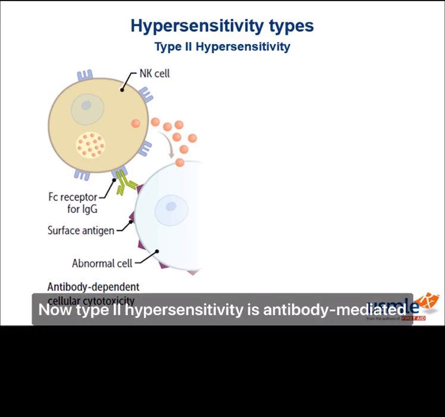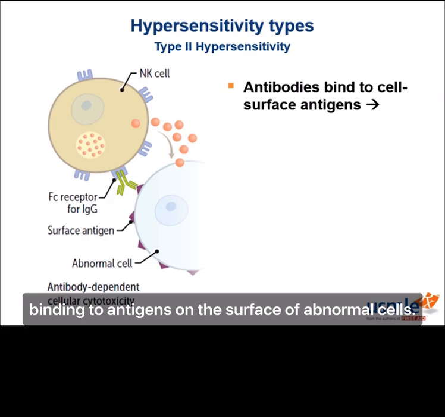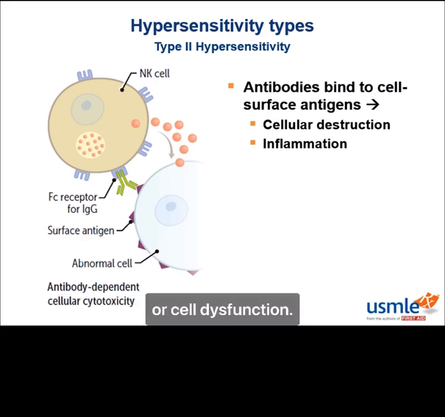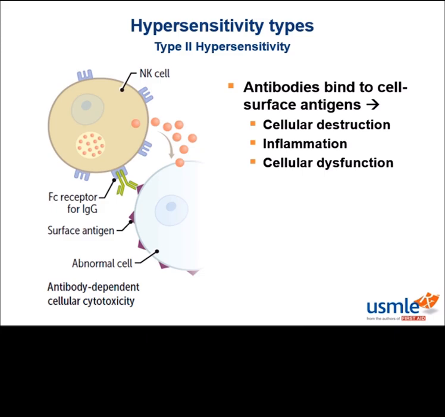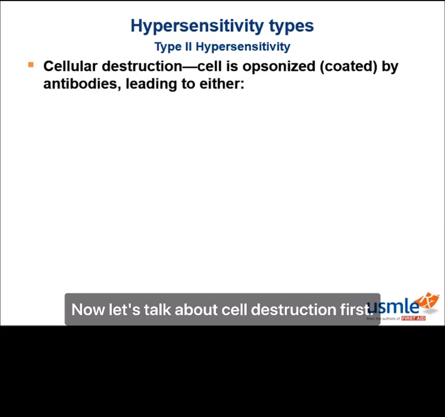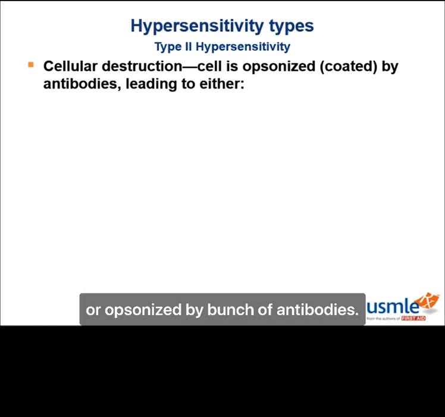Now, type 2 hypersensitivity is antibody-mediated by 3 mechanisms. In all cases, there are antibodies on our cells binding to antigens on the surface of abnormal cells, and it can lead to cell destruction, inflammation, or cell dysfunction. Now, let's talk about cell destruction first. When a foreign cell comes along with all its surface antigens, that cell gets coated or opsonized by a bunch